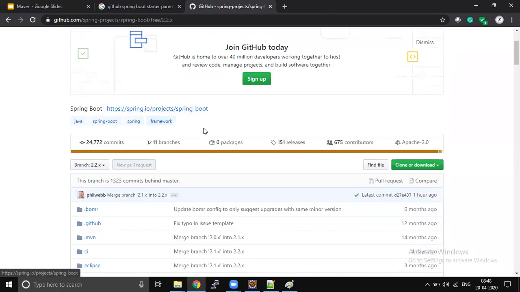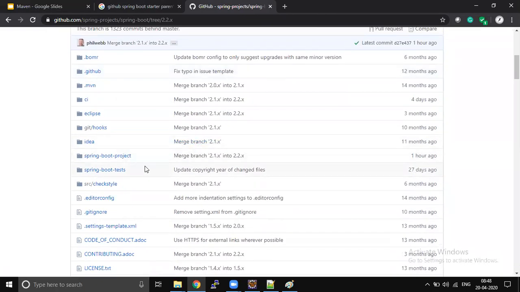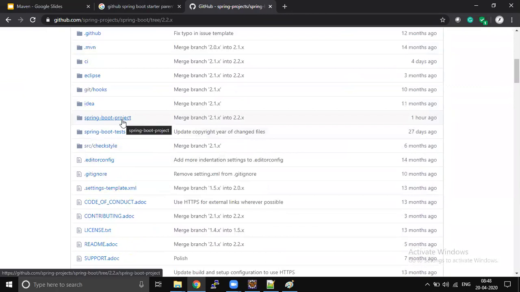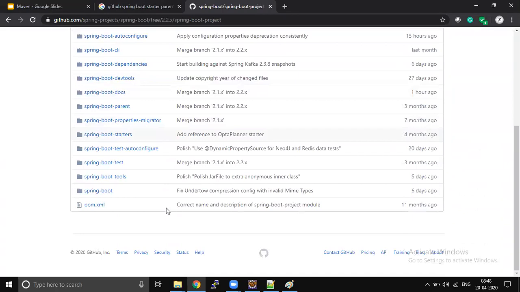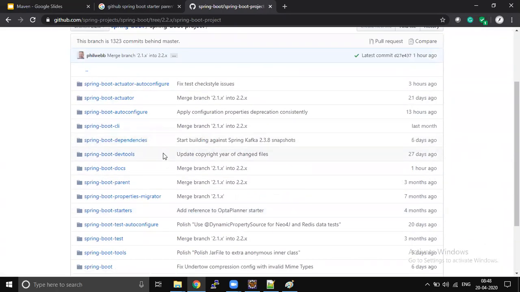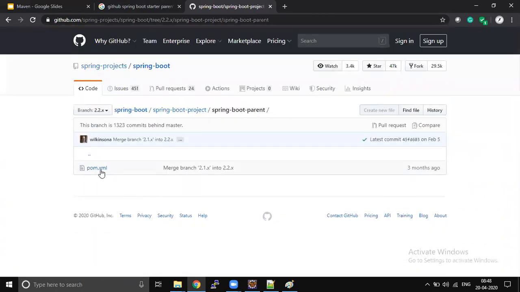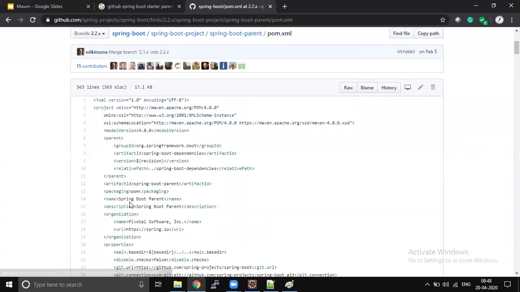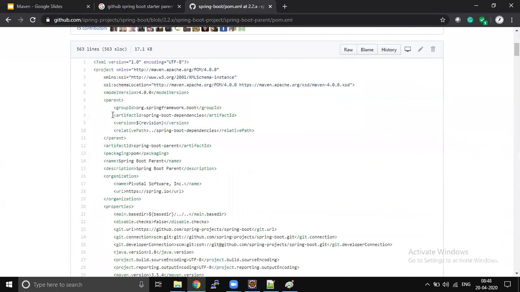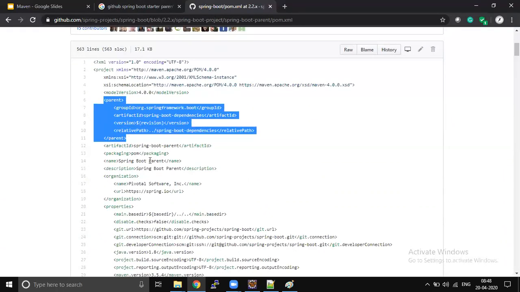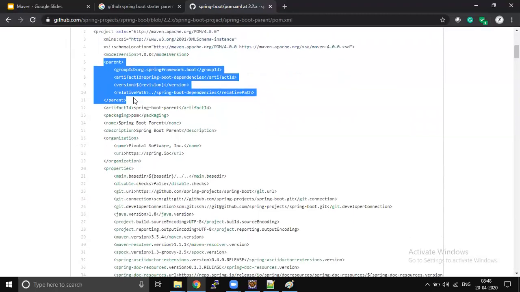Okay, Spring Boot starter, Spring Boot starter parent, Spring Boot parent pom.xml. Okay, so this is how it looks like. They are using some other parent structure here. But if you are starting from scratch, we will not have this parent in the parent module.